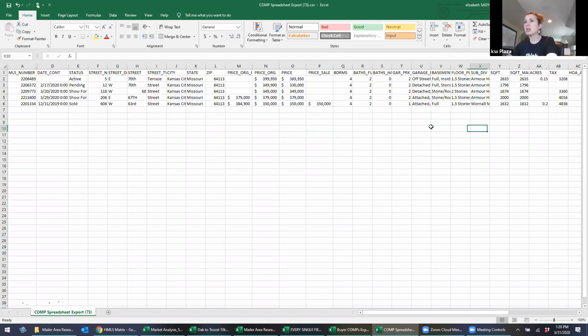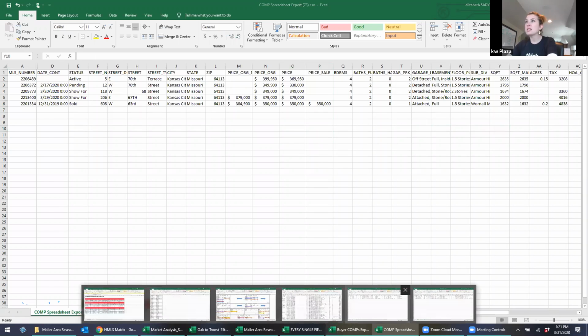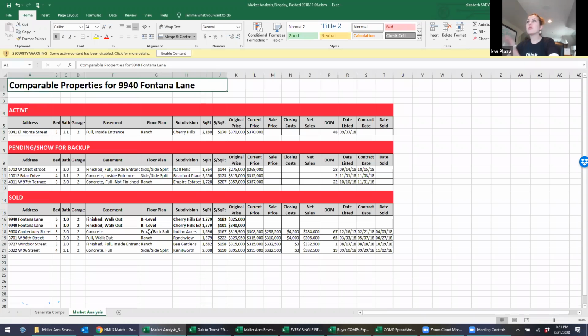and I'll show you what my finished product was. It's a little bit simpler than this. I would go in and format that data just a little bit. And again, I often would combine the address, and I have a little macro that I created that helps combine those addresses. But back in the day, I would just have the MLS number and the street number broken out. But then I would come in and create this because it was a lot easier for my clients to see